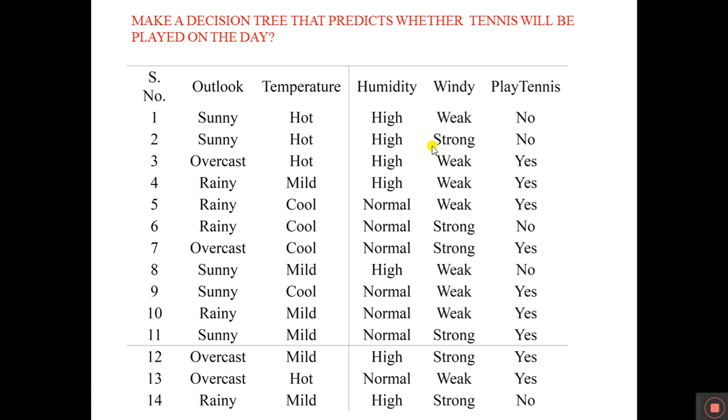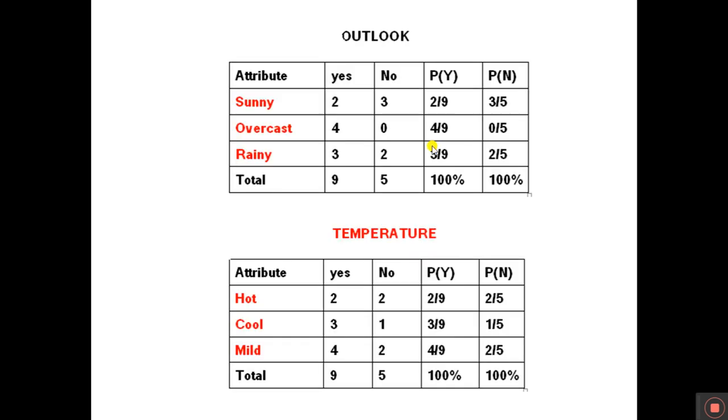So here I am taking the 14 days of data set. Based on this, I am going to take a decision using this Bayes classifier. Among this, I am going to take two attributes only. One is outlook, another one is temperature. Based on the condition of outlook and temperature only, I am going to decide to play tennis or not.